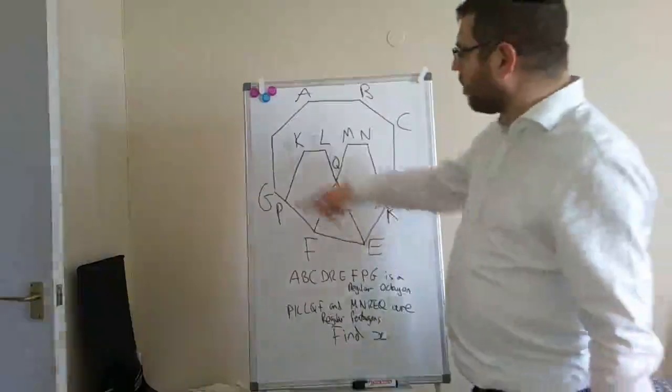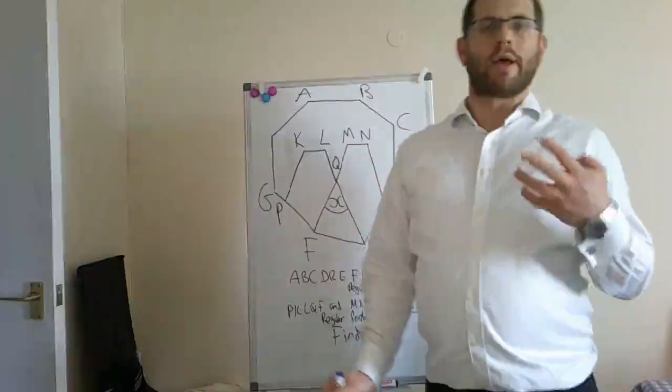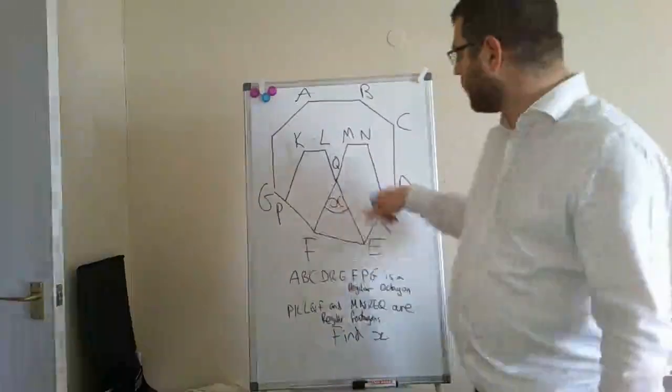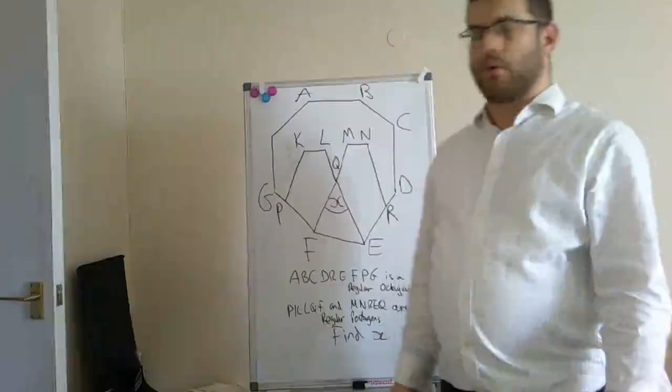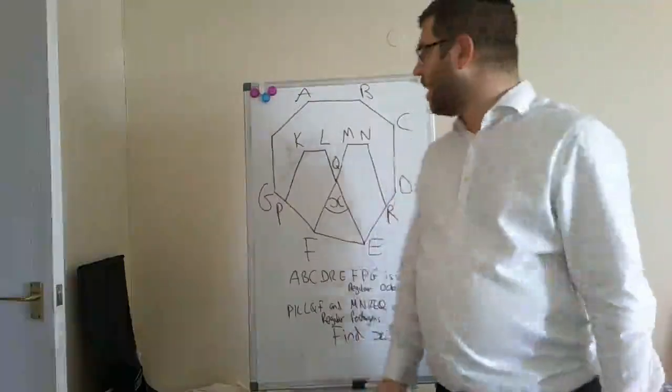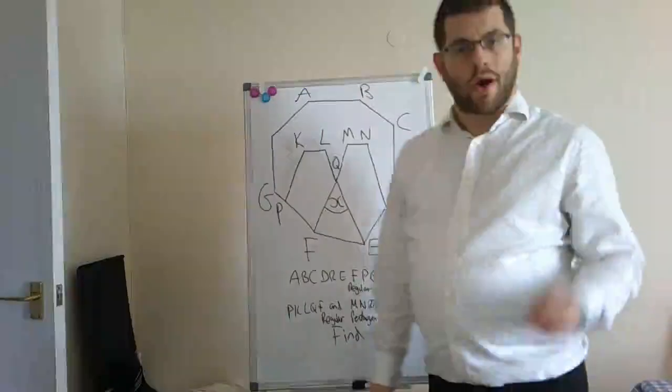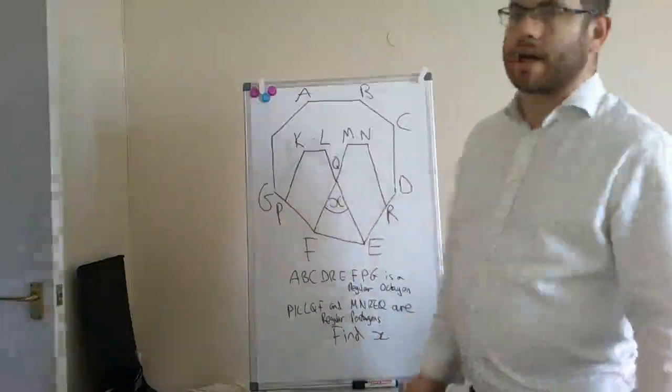So we're told that we've got a regular octagon, and if you're a regular octagon, you do not need to be given any angles, because all the interior angles are the same, and therefore you just need to be able to work out one of them. So with a regular octagon, there are 8 sides, so it makes sense to work out the sum of the